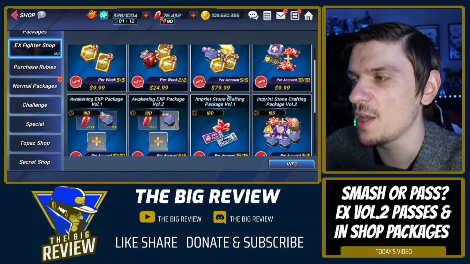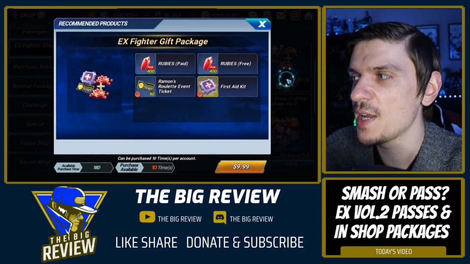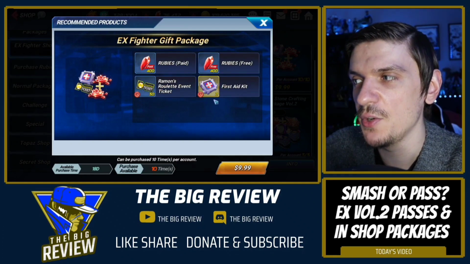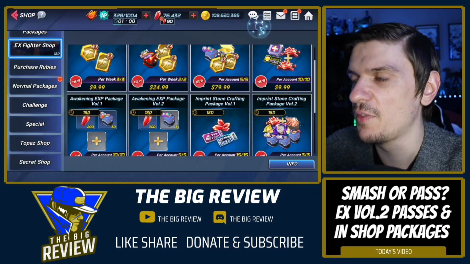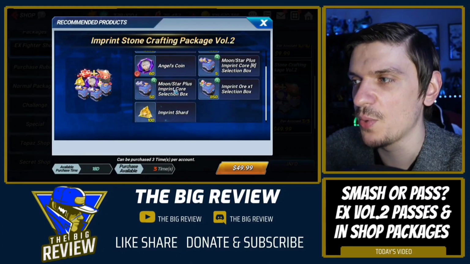But I want to talk about the other miscellaneous packages here briefly. For $10, they're selling you 800 rubies, 30 roulette tickets, and 2 of these first aid kits. Yeah, don't buy that, please, for the love of God. I talked about it yesterday, and we'll just skip over to this one real quick to finish the